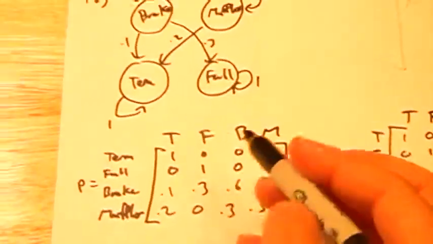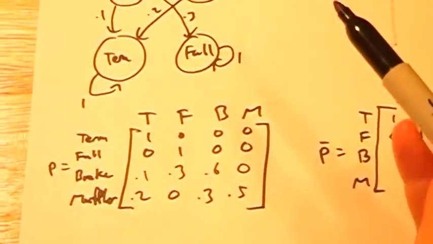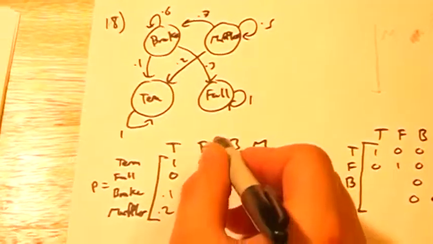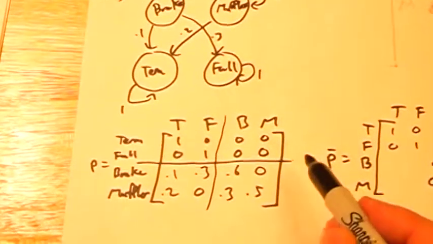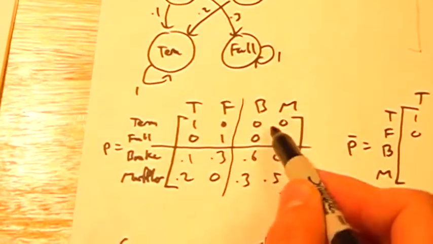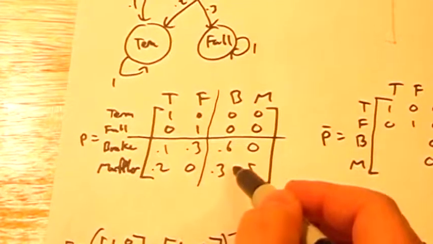All right, but I went ahead and put this into standard form because, as you can see, terminated and full-time, they are absorbing states. Right? They don't go anywhere except for into themselves. So I went ahead and made that into a standard form. So with our I, our 0 matrix, our R, and our Q,